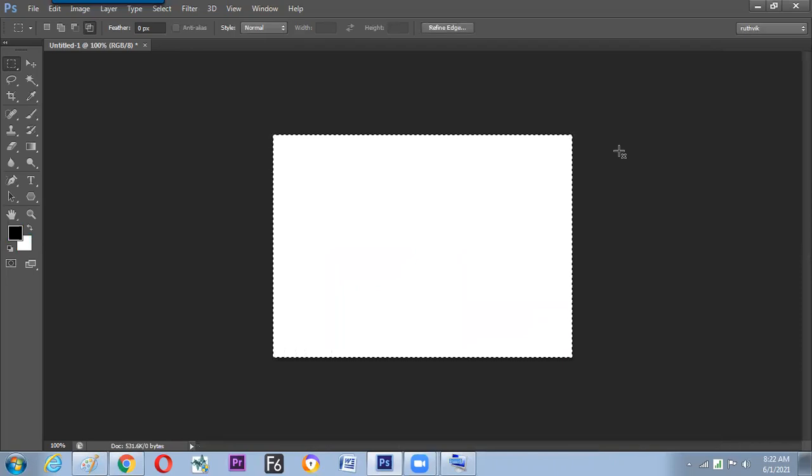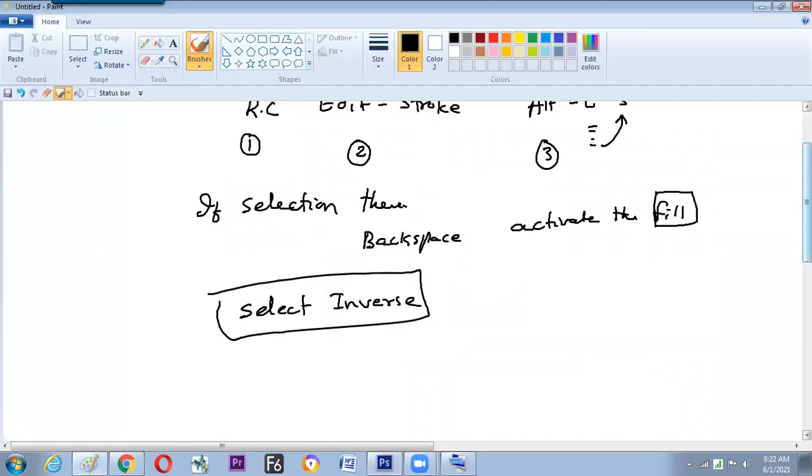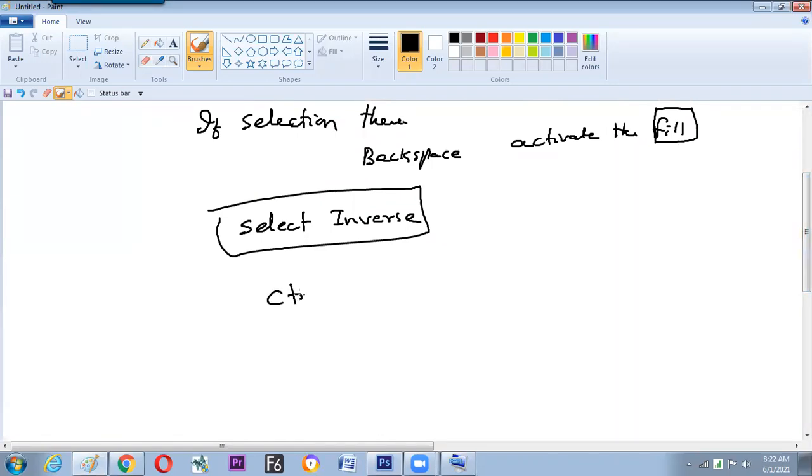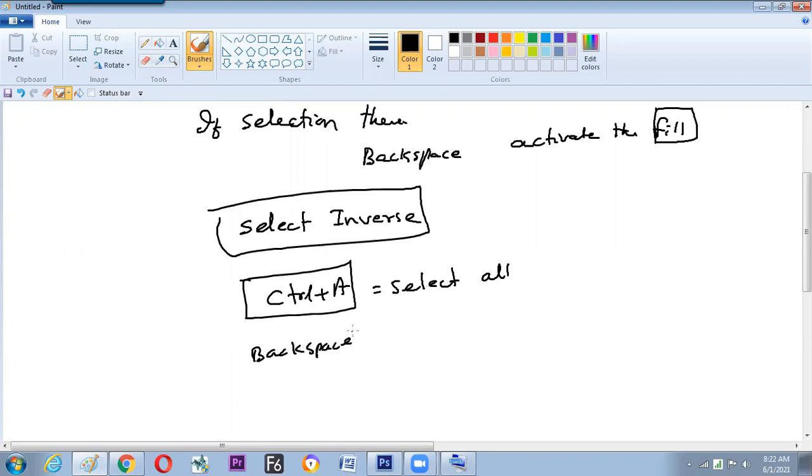What are the commands we have used? Two commands. What are those? Ctrl plus A. For what? Select all. And then after that, just press the backspace to bring the fill command.